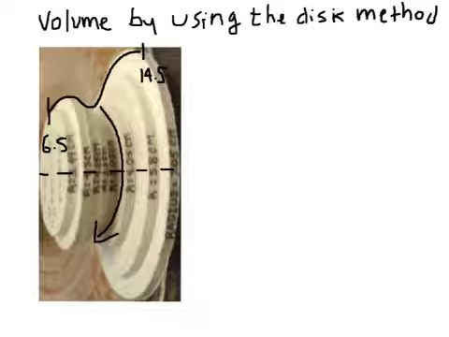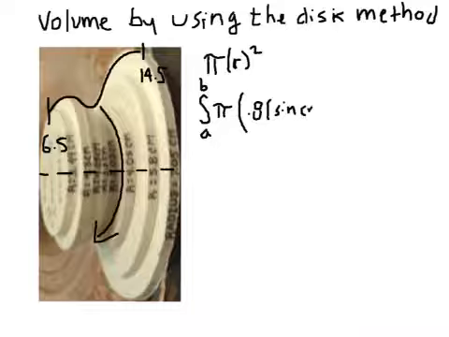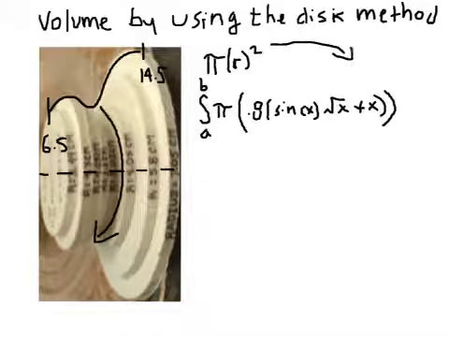We're going to use the disk method to find the volume of this shape. And we're going to use the area of a circle, pi r squared, to help us find the volume. So we're going to take the integral from a to b times pi. Now, r is our function. r is 0.8 times sine of x times root x plus x, and then it's squared,